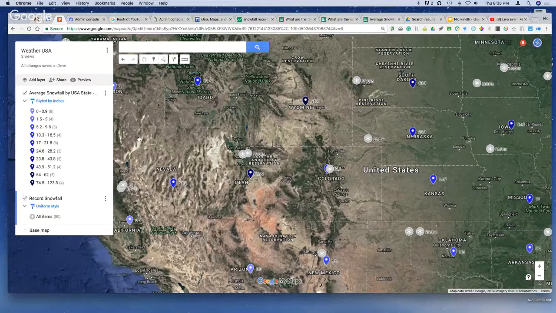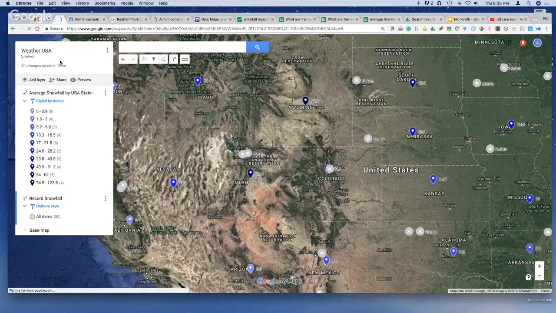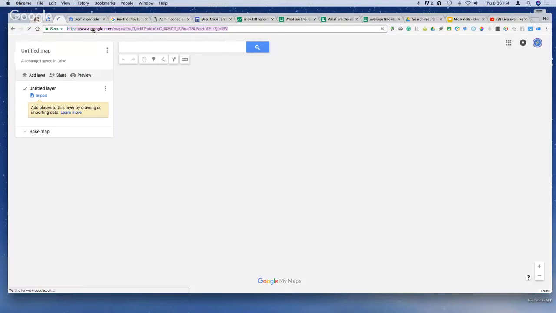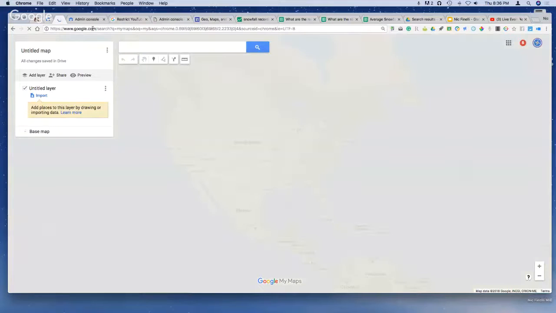So this was just something I did with snowfall. So now how do you go about doing that? I'm going to actually go back and start from scratch so you can see. What I did is I went to MyMaps, and it's actually google.com/maps. I'm going to go back even further. I just type in MyMaps